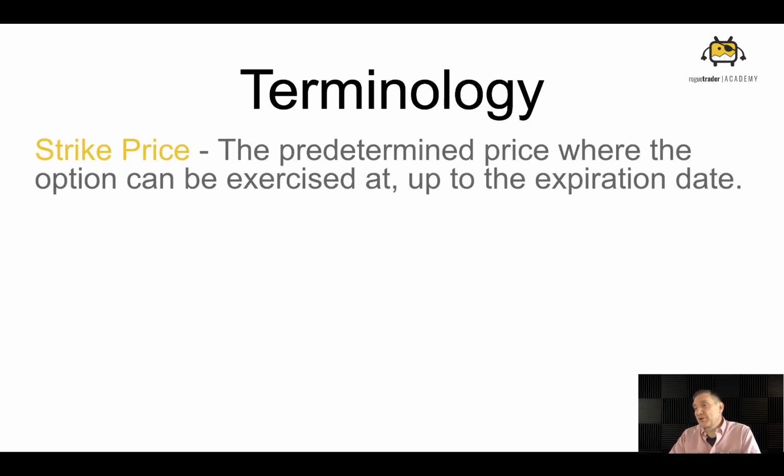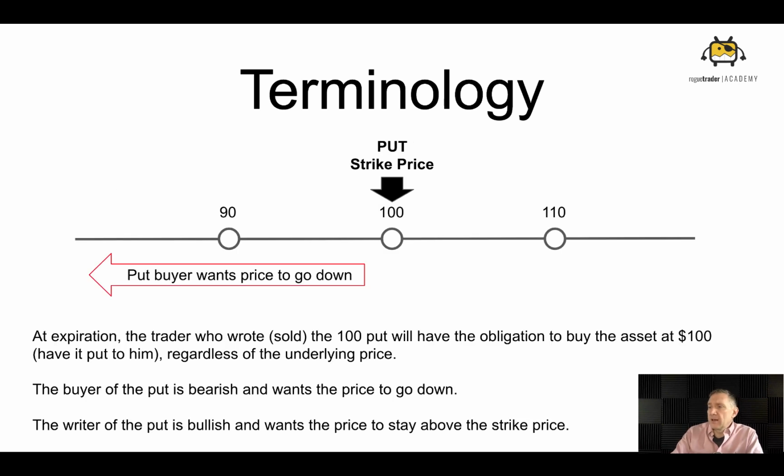All right, strike price, we talked about this 100 times already. You should already know what it is. And it's in that contract, the options contract, that is the price. That's that predetermined price where the option can be exercised right up until the exercise date. Now, I put a little chart in here. I'm going to try and do little charts and stuff all the time, just to clarify things. Some people learn verbally, some people are visual, some people need a little bit of everything. So I just want to reiterate some things.